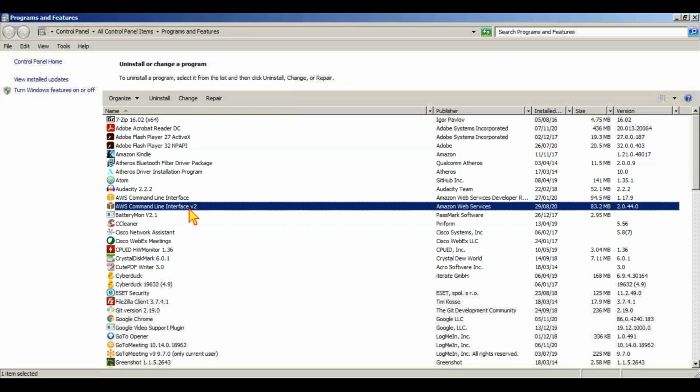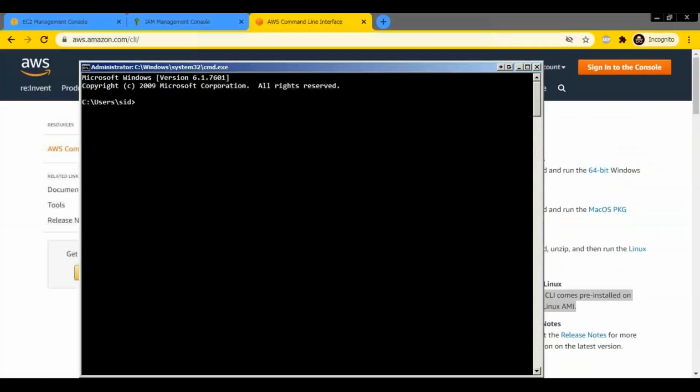The latest version is version 2. So make sure your CLI is up to date, because whenever AWS adds some new features or new services, they update the CLI. The old CLI will not have those options. Basically, it is installing the packages which are required. You don't have any special app. It is your command line or the PowerShell. The commands are the same whether you are using Windows, Linux, or Mac.